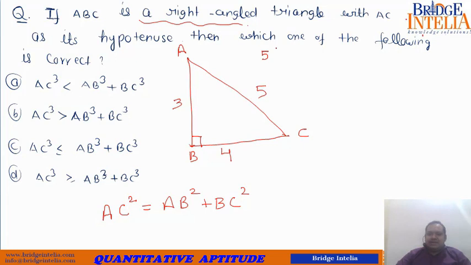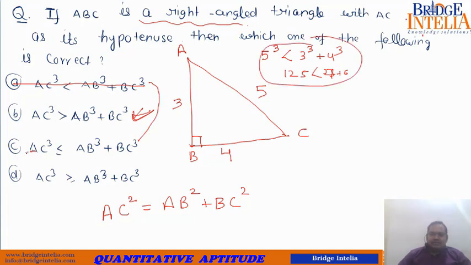Is what I am writing valid? Can I say that 125 is less than 27 plus 64? Definitely not. So this is wrong to say. If this is wrong, this has to be correct, so I'm not ruling this out. Now let me come to this. Again, this is wrong. So A and C have been proved wrong because of this dummy value. So what about B and D? Either B can be correct or D can be correct.